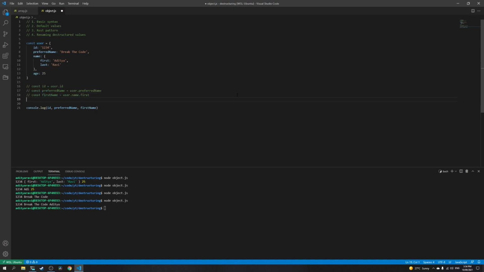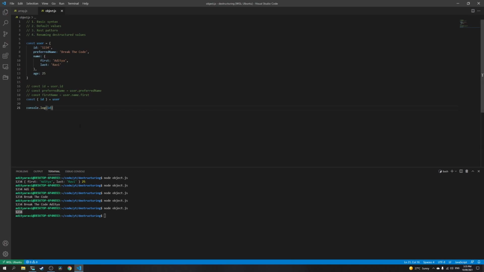So object destructuring gives us a better way to extract or destructure the elements within the user object. So let's start off simple and try to destructure just the ID from this user. The syntax for that looks like this. By wrapping the left side of the expression with these curly braces over here, I'm letting JavaScript know that I would like to destructure the ID from the user object on the right. Using the const keyword would allow us to declare the ID variable even though it doesn't already exist within the scope of this program. So you can see that if I do a console log statement over here, we've successfully